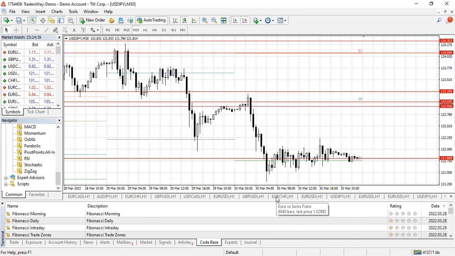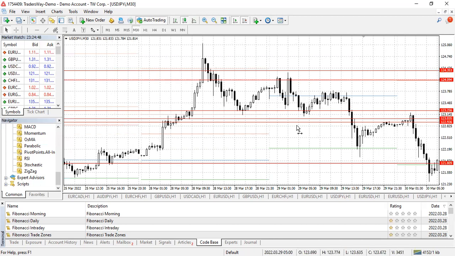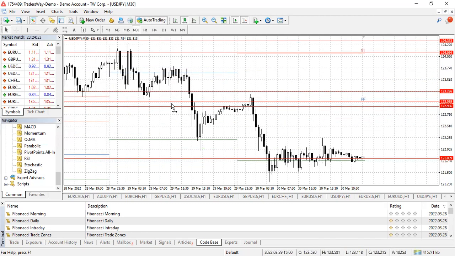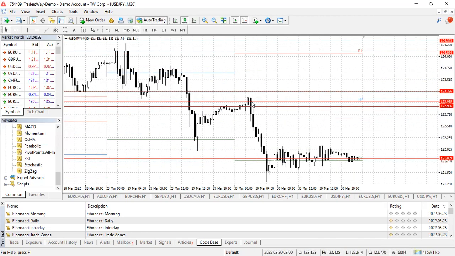Some important news can affect this kind of market, and it might cause a spike on this particular trade using pivot point. Something like this. This can actually be news. In fact, this kind of market movement is news. News can move this kind of market because when there is news, there will be a spike in the market and it will cause high volatility. Markets will be moving very, very fast